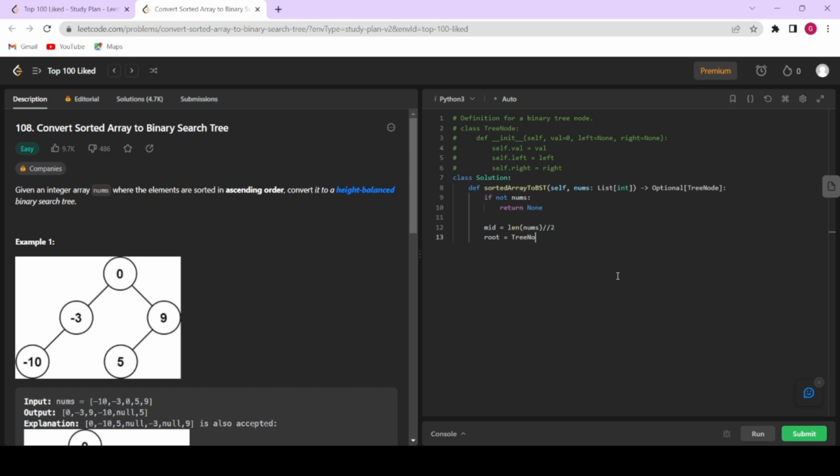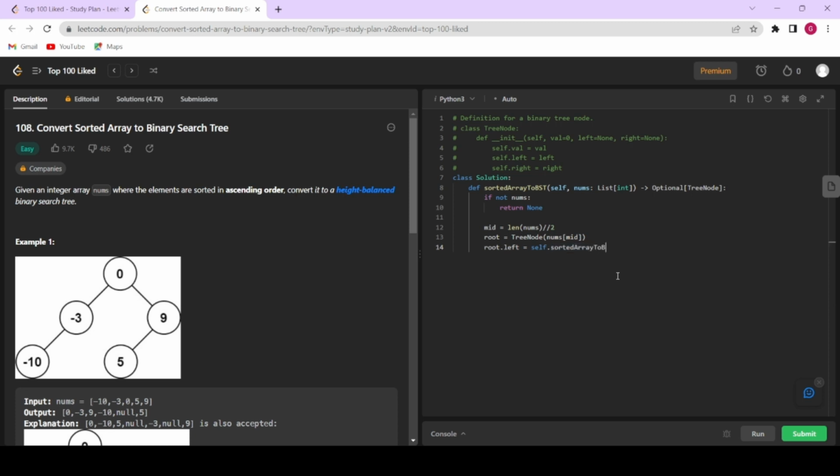Let's create our root node, which would be our mid of the nums array. Now for our left subtree, we will call it recursively, self dot sorted